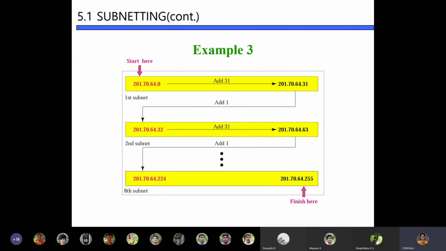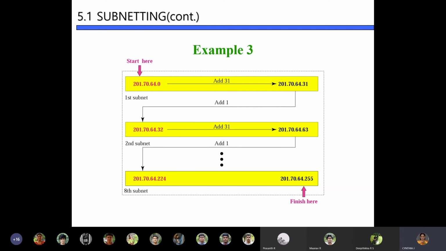So this is the last address. What will be the second address? It will be 201.70.64.33. The third host will have 34. The fourth one will have 35, and so on, and the last host will have this IP address.